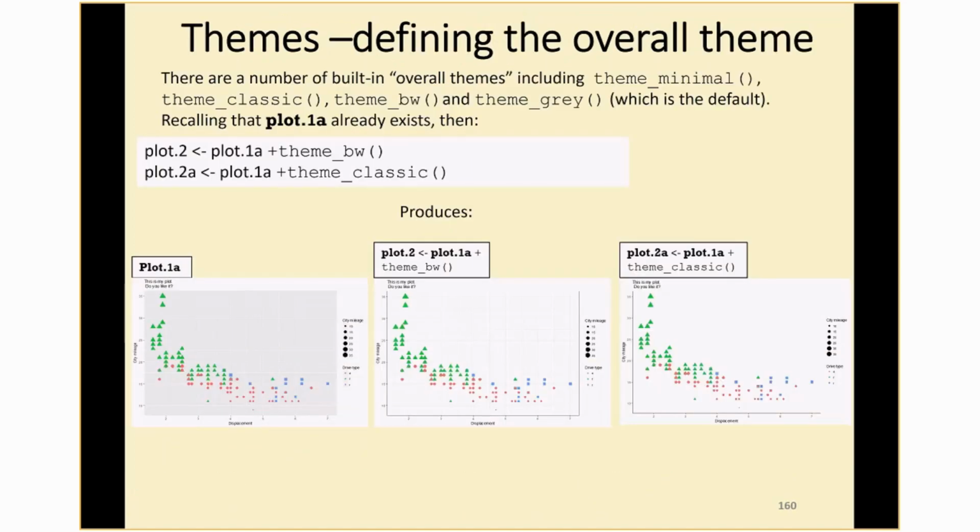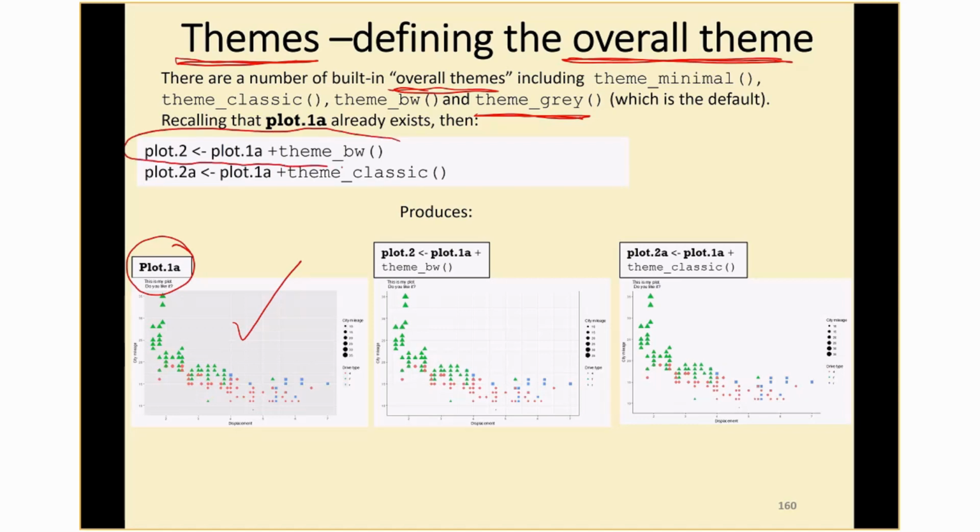So starting with this idea of themes, I want to address this notion of an overall theme. And when we left off, we had plot 1A. That's where we were with plot 1A. And it has a particular overall theme. And in this case, it's the default, which is theme gray, and that gives it its overall appearance. But we can override that default by adding to it, we see that here,